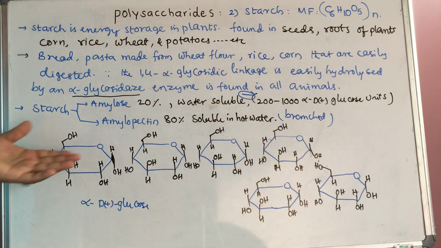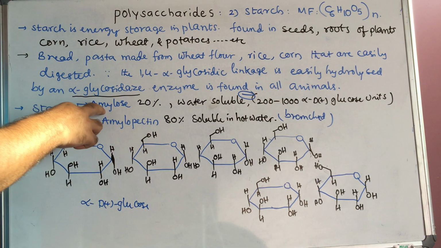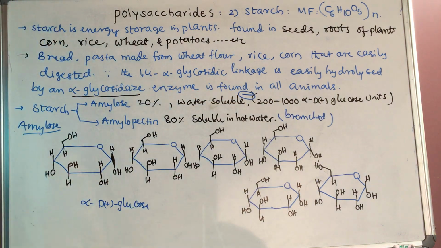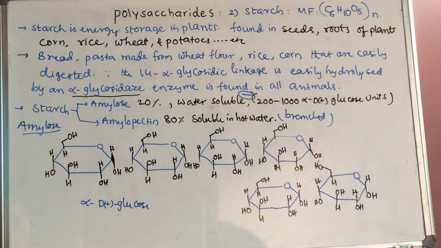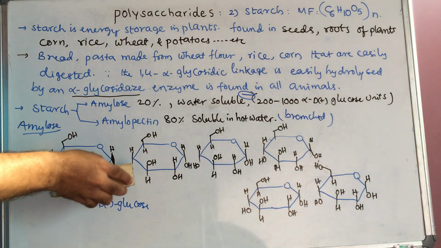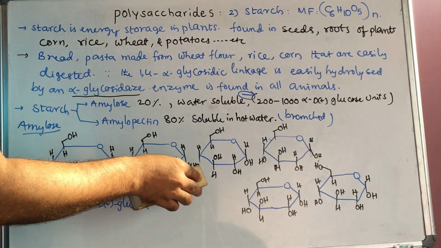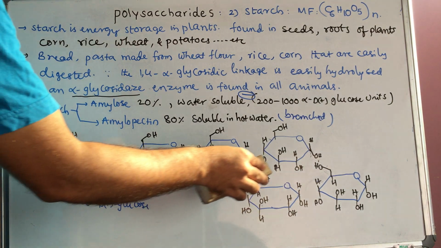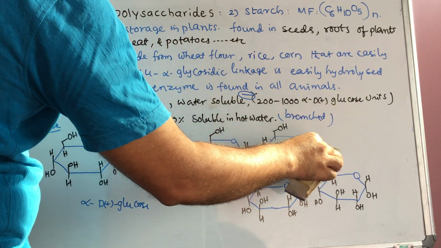So next, first I am discussing the amylose Haworth structure. It is a straight chain. So this amylose has how many units? 200 to 1000 alpha D plus glucose units. I repeat, only a few are shown here: 1, 2, 3, 4. Now we know that here, from the water molecule, OH and H are lost, and one oxygen is left. Here also OH, and here the water molecule loss, one oxygen is left. If there is a next unit, here also H will be lost.